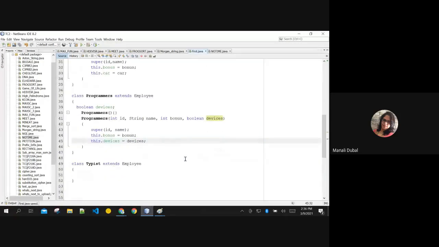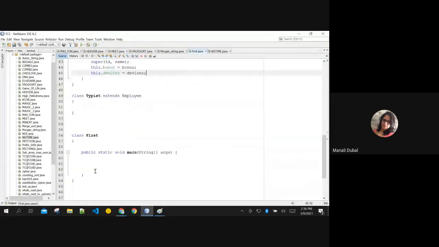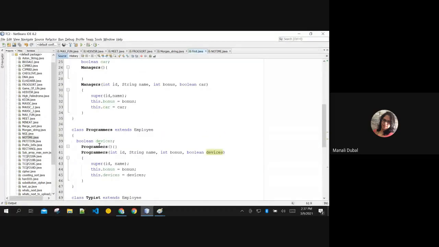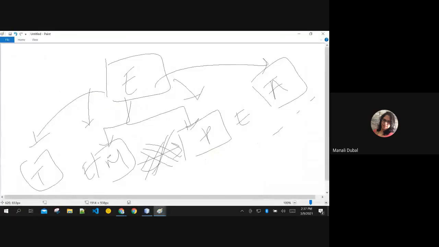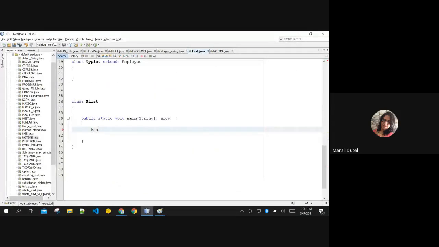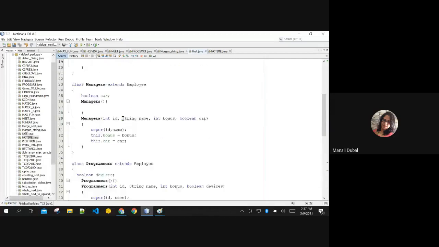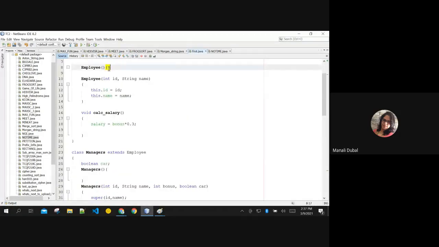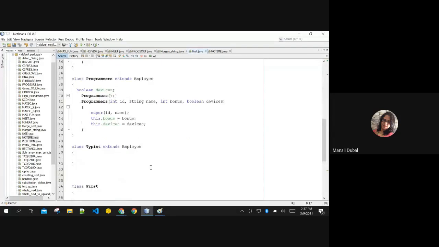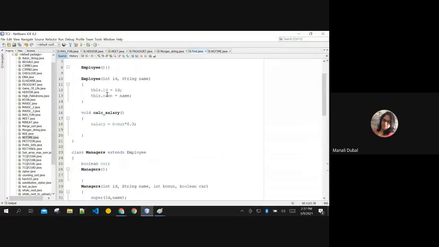Now, whenever I am creating the object, this is single level only. If I create the object of manager class, let us create the first object: manager m1 equals new manager. If I create it with default, automatically the control is transferred to the default constructor of the employee class and its body gets executed. If I haven't written anything over here, nothing is printed, but automatically the call is transferred to the super class, the employee